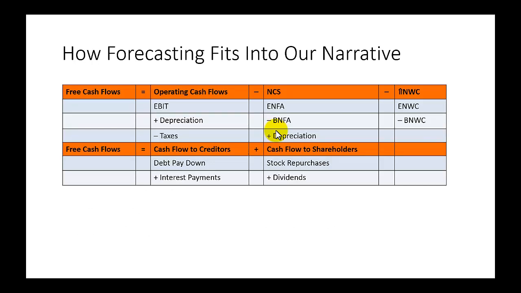I want you to remember you should not look at anything I gave you today as a recipe. You should look at this as a way of thinking about how to approach a problem. So percentage of sales forecasting is a way to think about how to forecast balance sheets and income statements. Top down and bottom up, those are ways to think about forecasting sales. And then I gave you that alternative kind of top-down approach to thinking about how to forecast sales. Showed you how to do it with ExxonMobil.